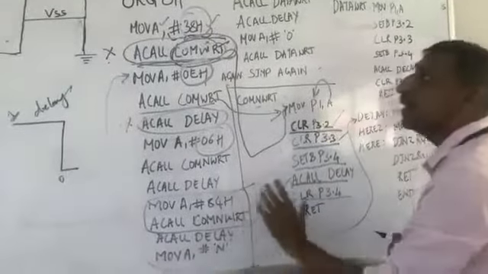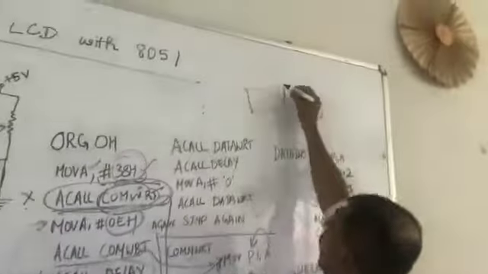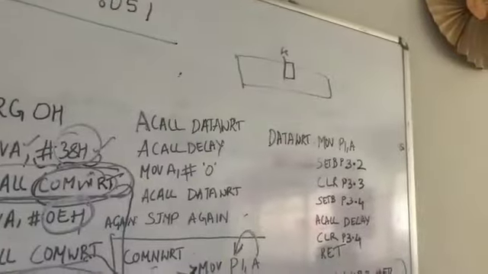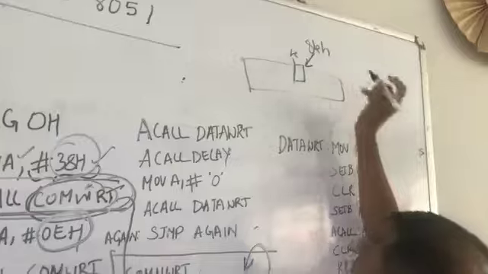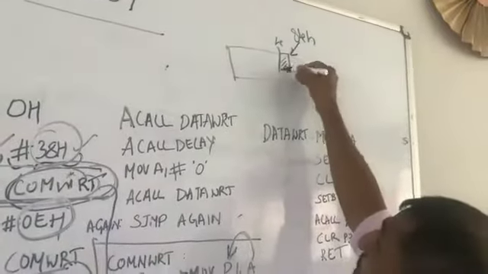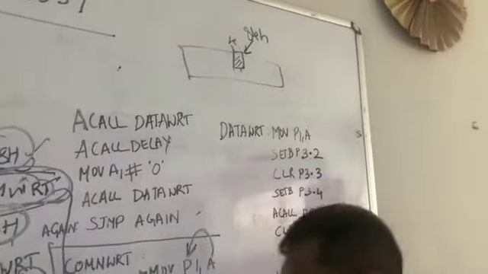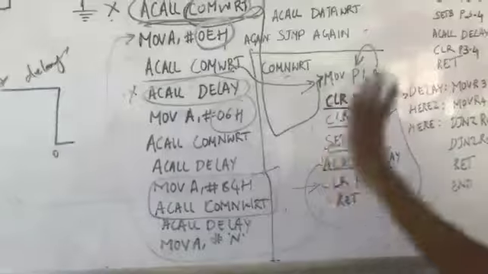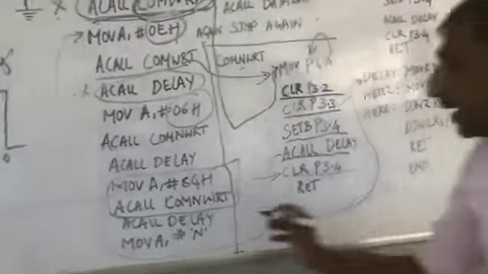84H will make the LCD display start at the middle from the 4th unit onwards. If you want, you can take it. 84H will make the screen start from this particular display unit. If you want, you can do it, or just for showing purpose in this particular program, 84H is also executed. After this, here you can see